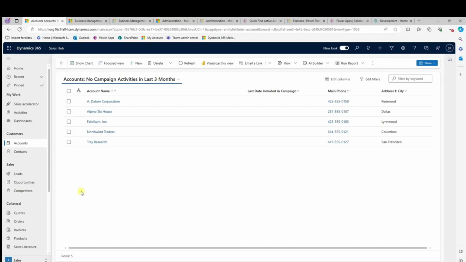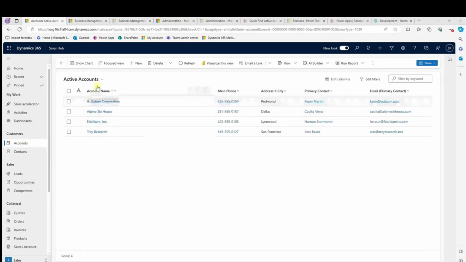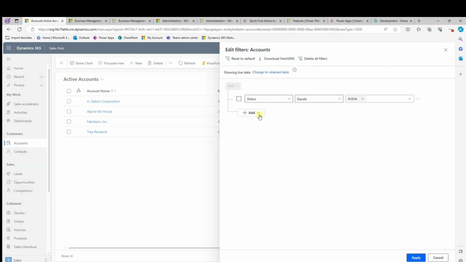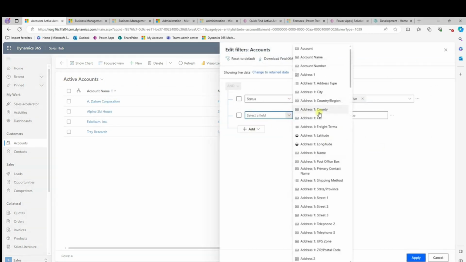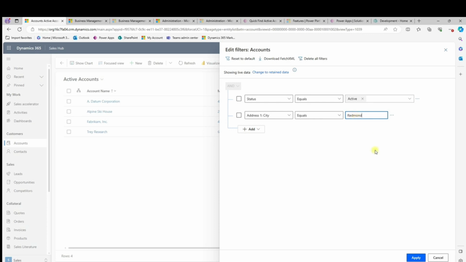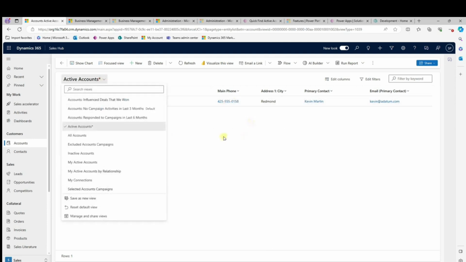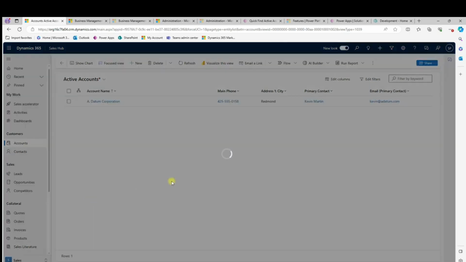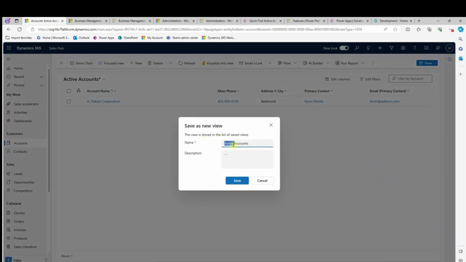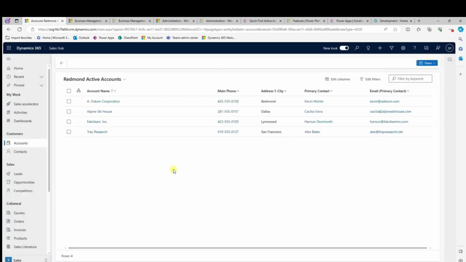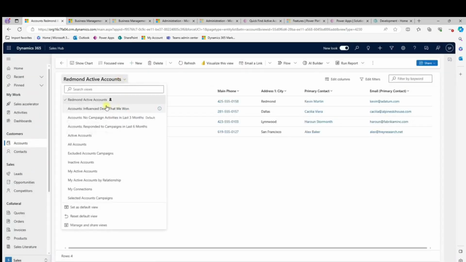Say for example, go to the CRM system. Here I'm in the account entity, and currently it displays active accounts. I can filter this current view. I'm going to say city equal to Redmond, and then it displays who lives in Redmond. I can save this query. Say for example, this is a query I'm frequently using. I can save this query as Redmond Active Accounts. You can save this one, and then this view, if you look here,